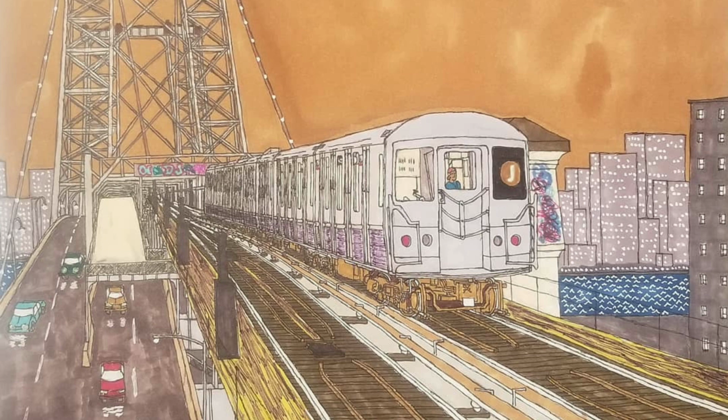This is one of my past art pieces. This is a piece I did sometime back in 2019. I had called this piece That One Cloudy Night on the J Train. So this is based on the 1990 scenery. In the art piece, you do see an 8-car consist of R40M subway cars on the J train heading into the Williamsburg Bridge. So to get on with the story, this is at a time where my cousin was